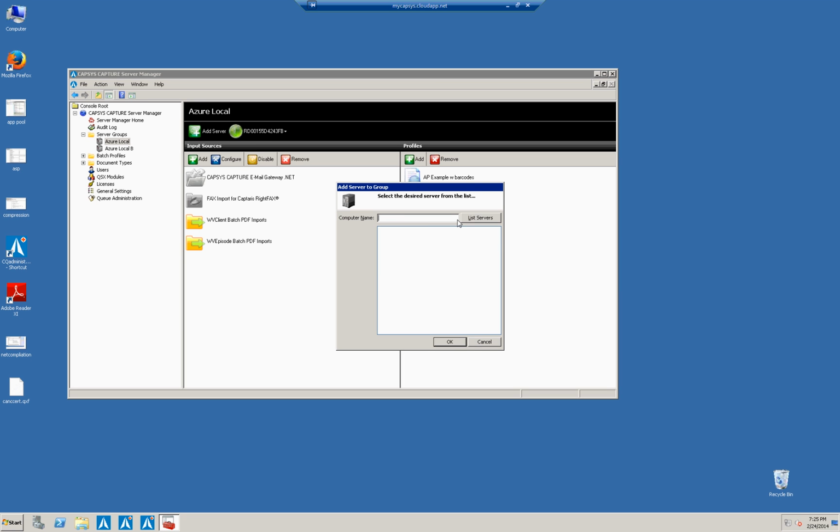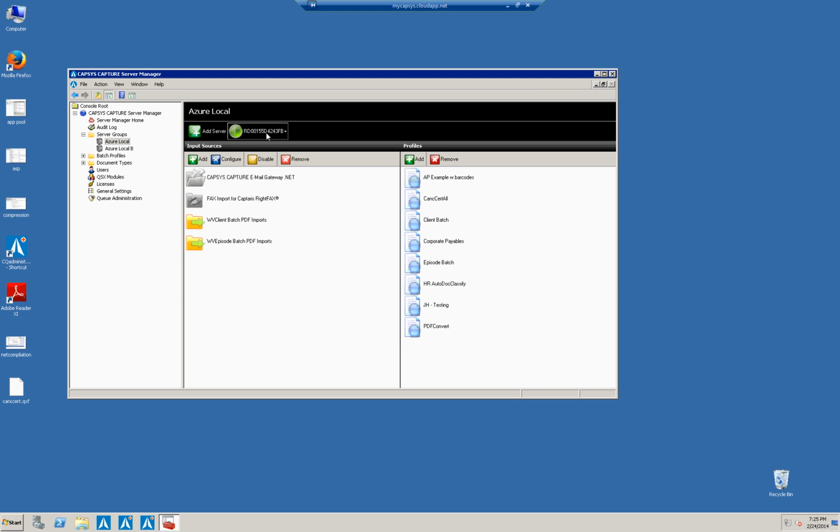go out to my network after the CAPSYS server installation was completed, of course, and the license file added to the system. I'd browse for that server out in the network, hit OK when I found it, click on it, then click OK, and the new server would show up directly to the right of my first server. And then I would have the same controls, the start and the stop of that particular server, but it's all